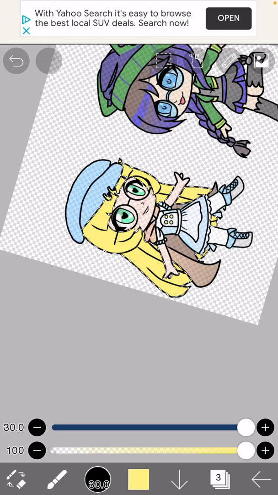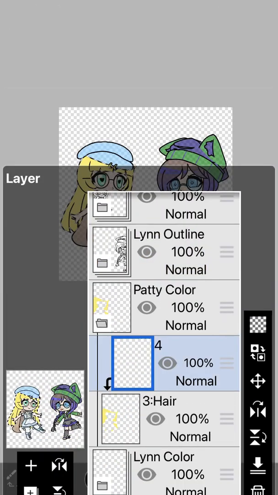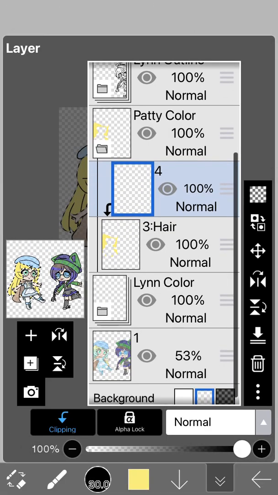It's 1:05. So, really fast. After I finish this section. So, after